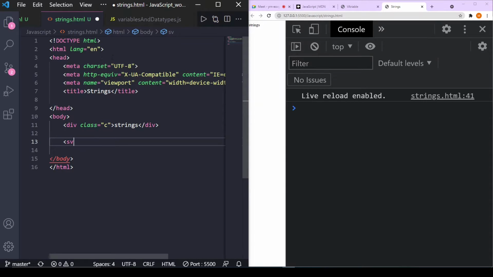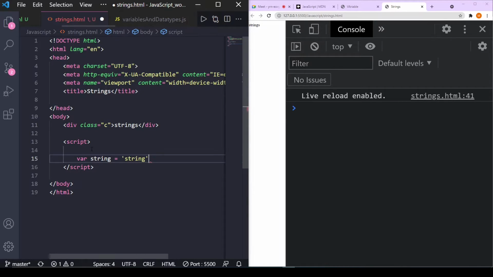We can write it above the head, but it's not the preferred way. So first let's define a string variable: let string equals to string. So we have declared our first string.